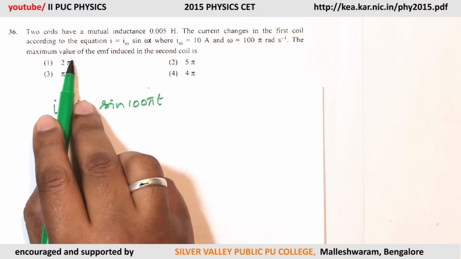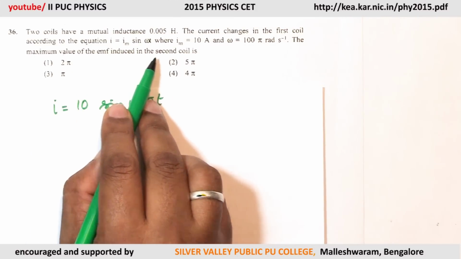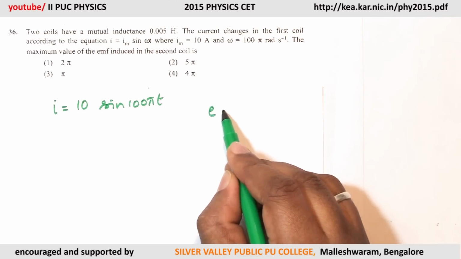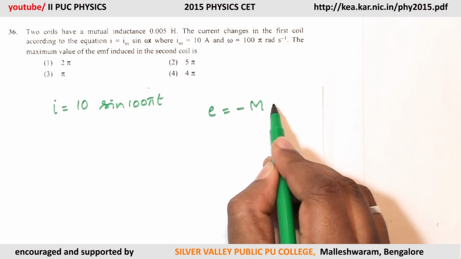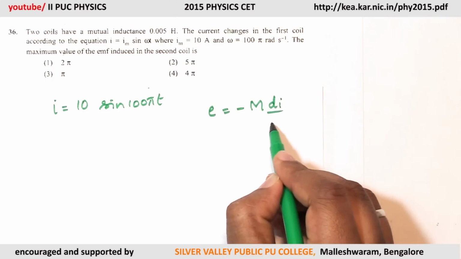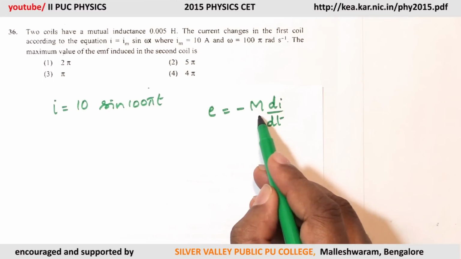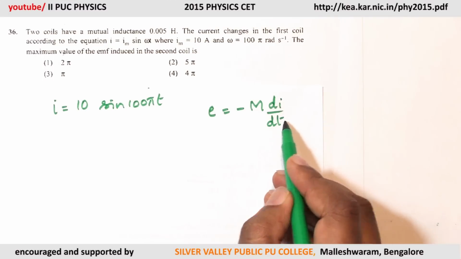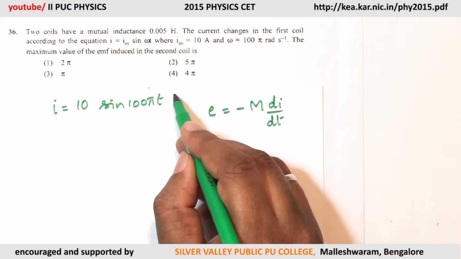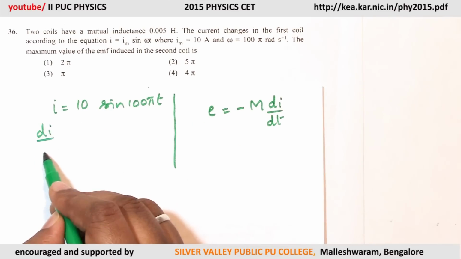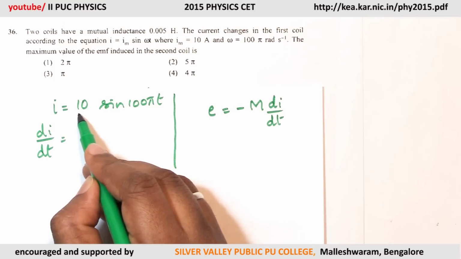The maximum value of the EMF induced in the second coil: EMF induced due to mutual inductance is minus M into di by dt. So M is given, we have to find di by dt. So differentiate this with respect to time. Di by dt equal to 10